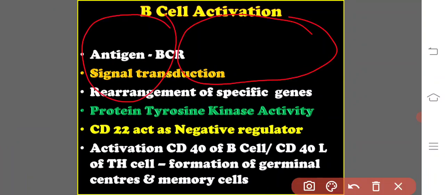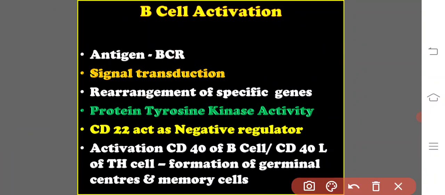Coming to B cell activation, there is an attachment of the antigen upon the B cell receptor, and the B cell which is activated sends a signal. It is the consequence of the signal transduction process triggered by the engagement of the B cell receptor with an appropriate antigen, ultimately leading to many changes in the cell, including changes in the expression of specific genes, rearrangement of